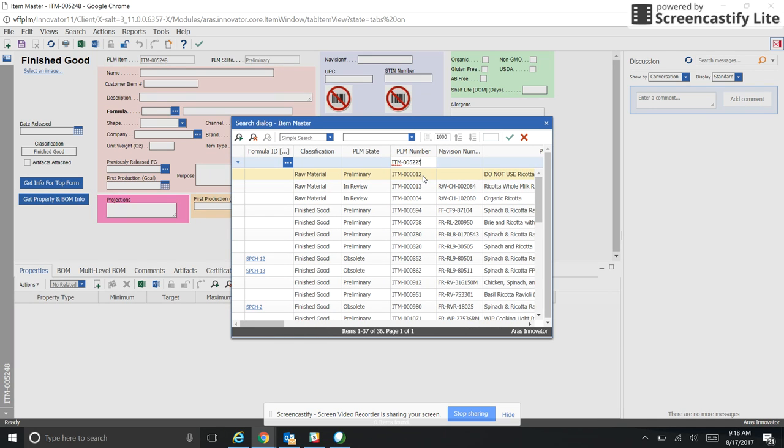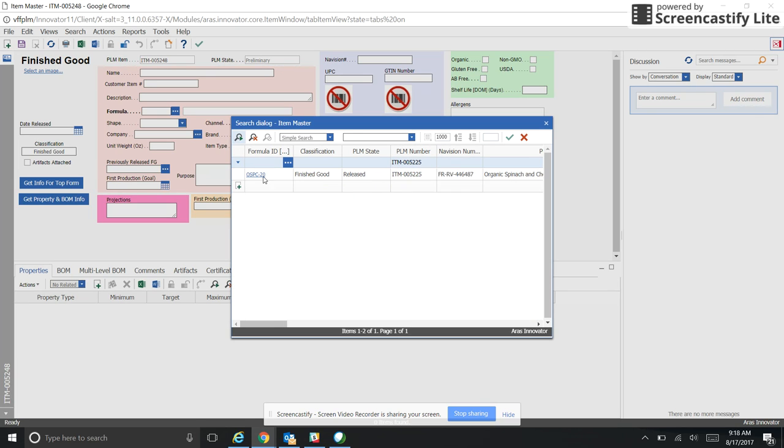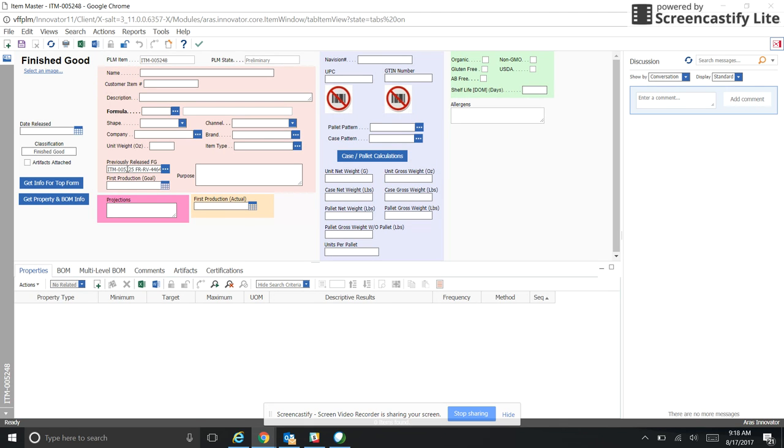In this case, I'm using the item number. That is the most specific way to talk about item cards in Aras. So I'm going to go ahead and put that item number in, search it, and that one item will come up. You double click it, it will then be selected in the previously released finished good. The next steps are relatively simple. You're going to hit save,